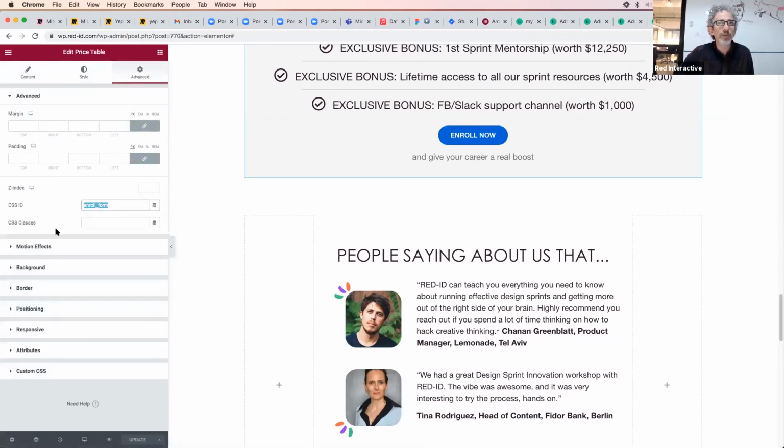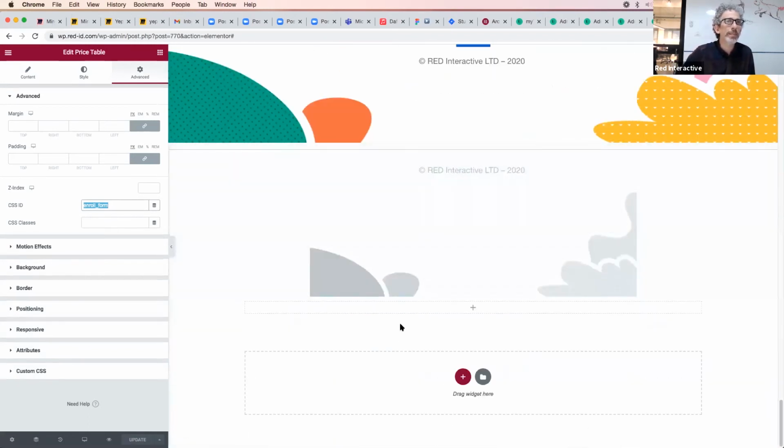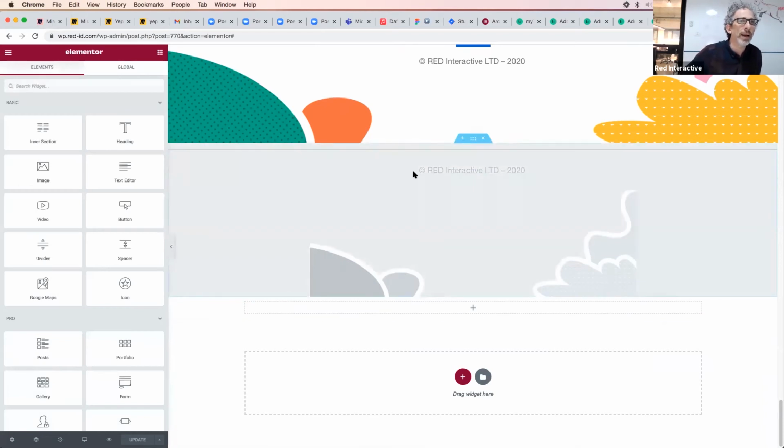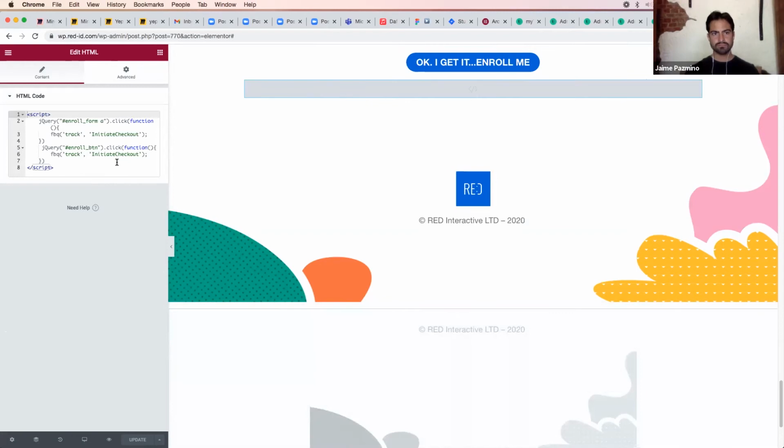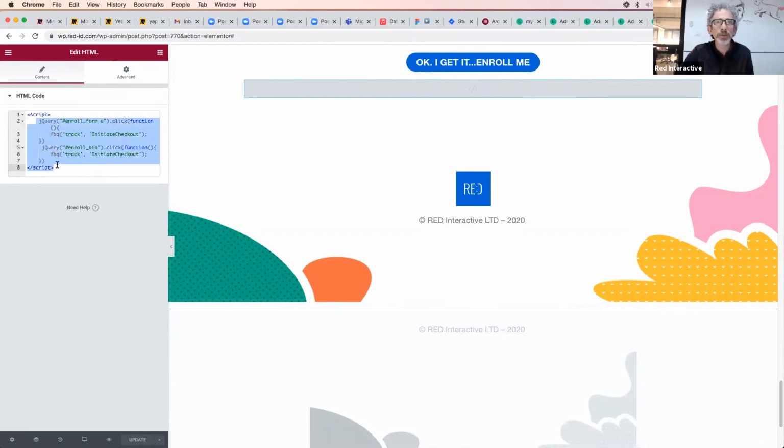You see the enroll form that is in this. And now this is a little JavaScript. It's a little technical, but what I did is I placed an HTML element here again, and I already have the pixel on my page, and I hacked addressing the click on the enroll button, and I will put all this script in the comments so it's easier to understand, along with links to where we took these. It's all available online, open source stuff.